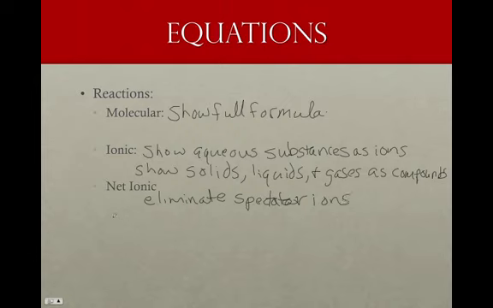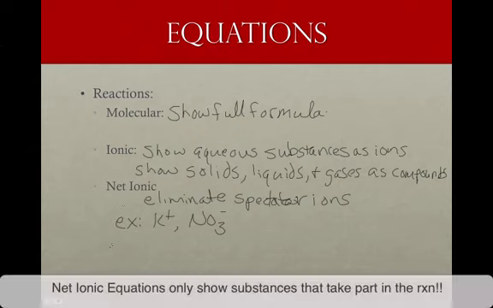And the spectator ions, for example, were the potassium ions and the nitrate ions that didn't take part in the reaction, that were just floating there, and like I said, they really just didn't do anything in the reaction that we just saw. So the net ionic equation would have been just the Pb2+, and that's still aqueous,